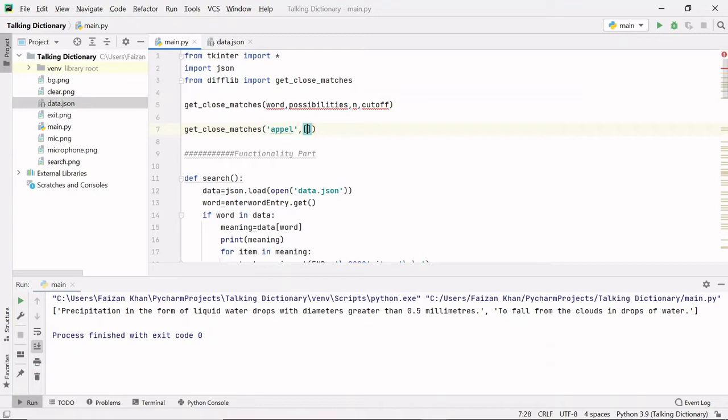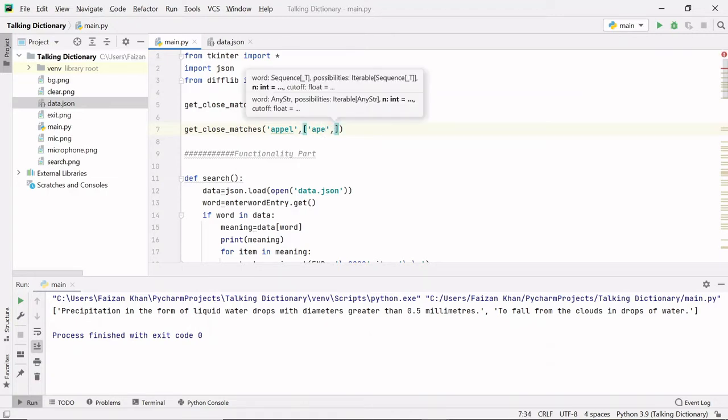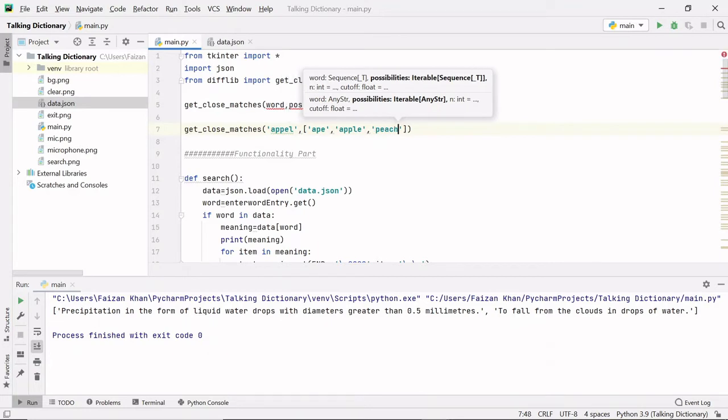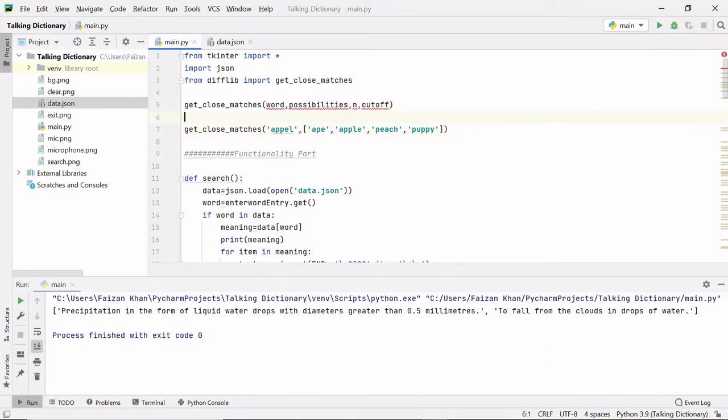Possibilities is basically a list of the words: ape, apple, peach, puppy, like this. So this is the possibility.